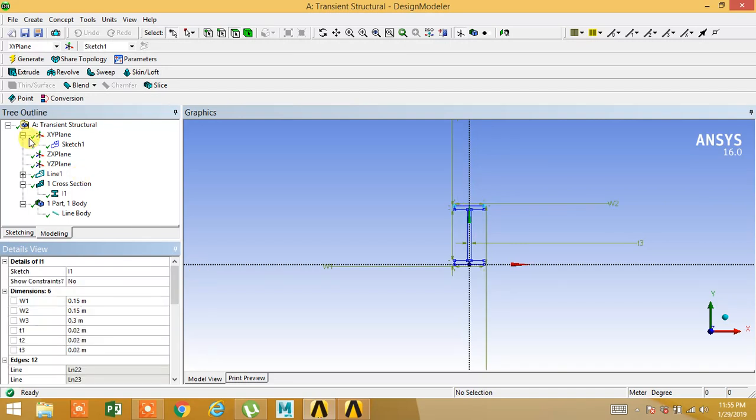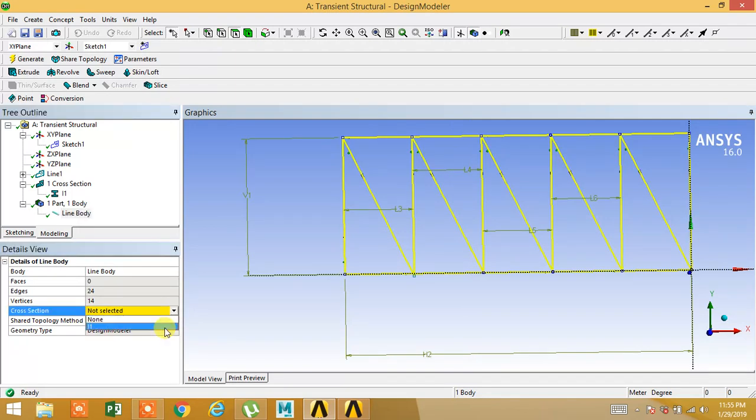This is the cross section we have assigned. Now click on line body, cross section I1.